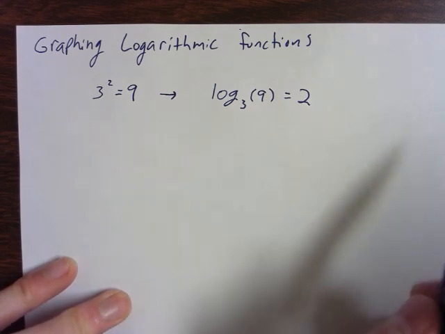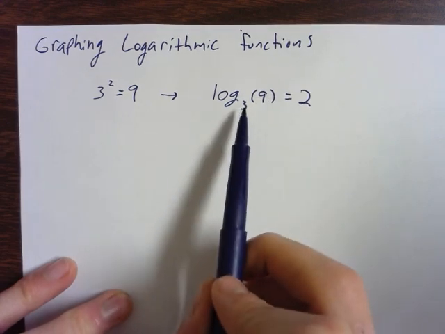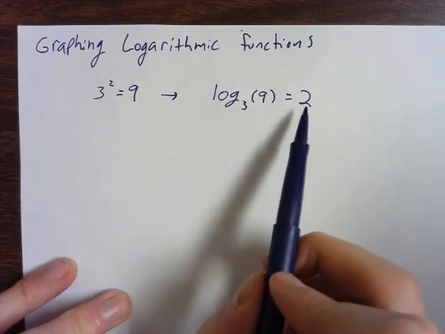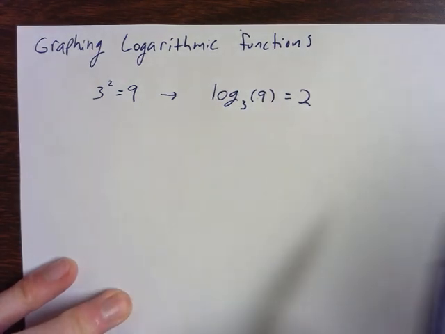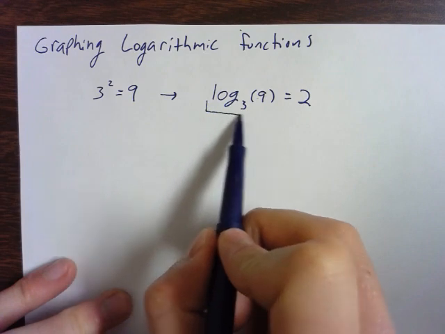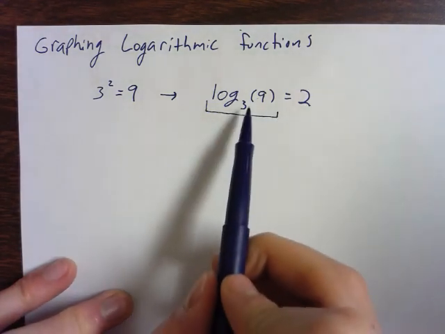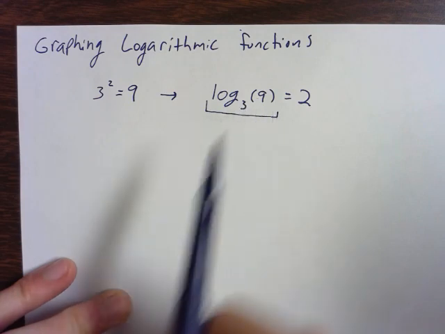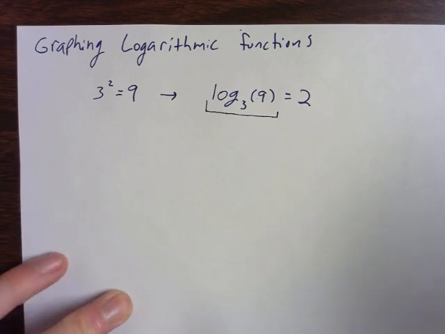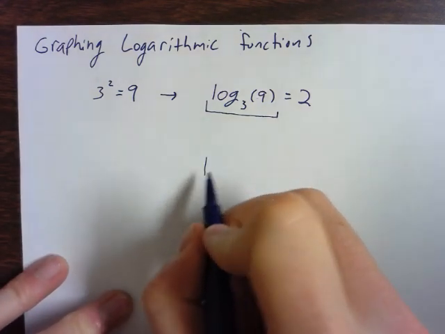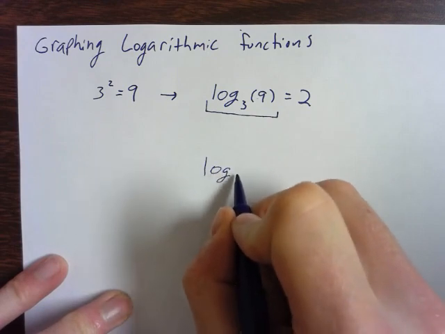And one way to remember it is just 3 to what power is 9? Well, 3 to the second power is 9. So a logarithm, once again, just solves for an exponent. What exponent do I need to put on a 3 to get out a 9? That's obviously a 2. So let's say then I have log base 2